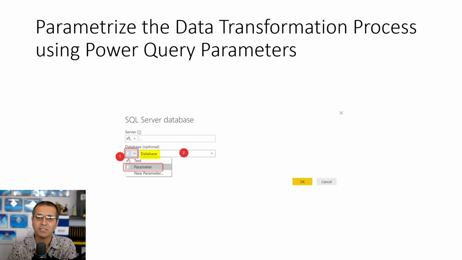The next one is parameterize data sources. Instead of using the database name, the server name, the file path, a lot of these things directly as a hard-coded value in your Power Query or Power BI Desktop, try to use parameters, because if that value changes, for example, if you want to change it from production server to test server, if you want to change it from this folder path to another folder path,